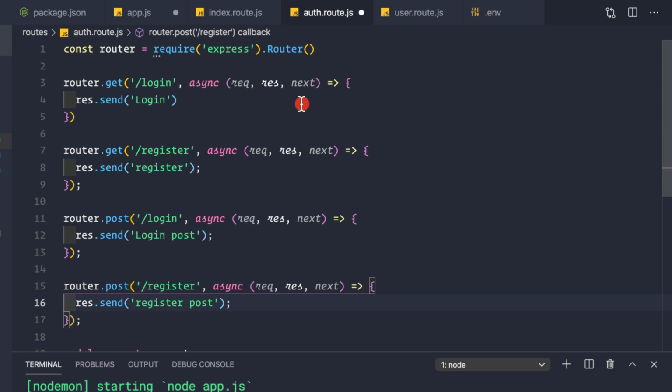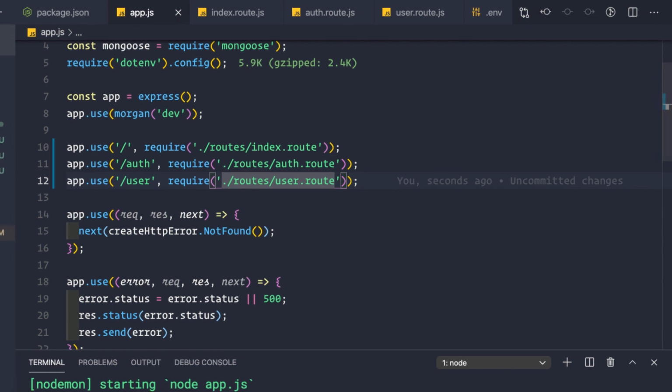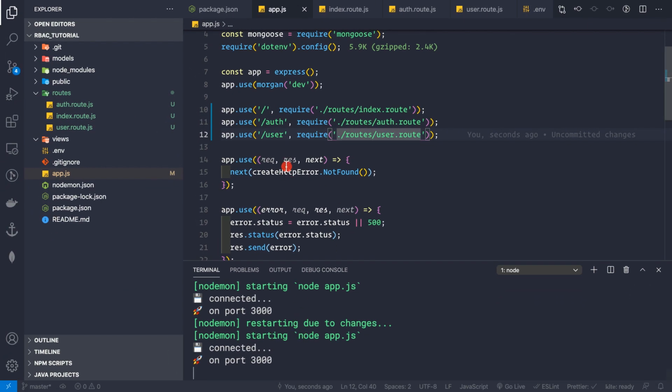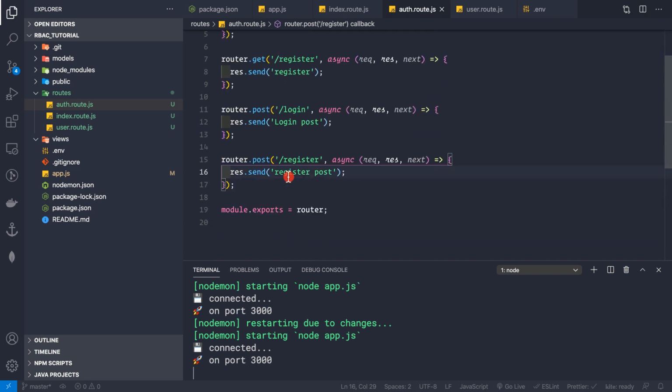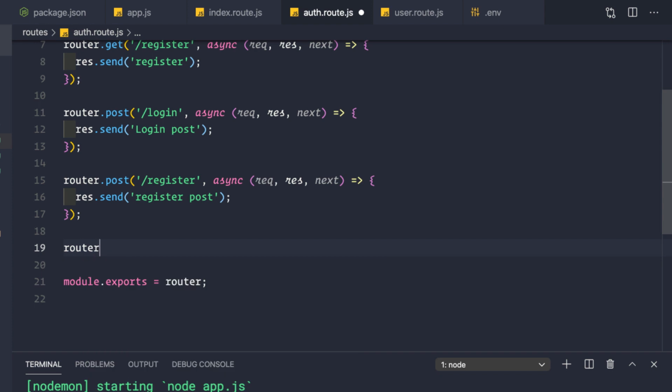So now let me save this auth.route.js file, and now let's go to our app.js file, and now let me save this file, and we see everything seems to work. And most likely I'm missing one route here in the auth.route.js file, and that is a logout route. So it should be router.get